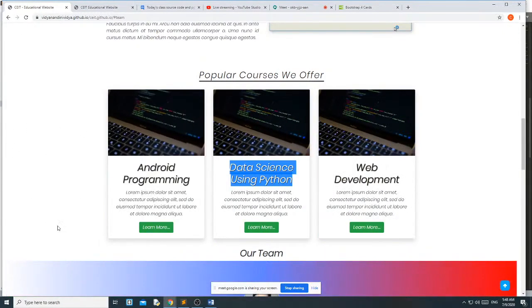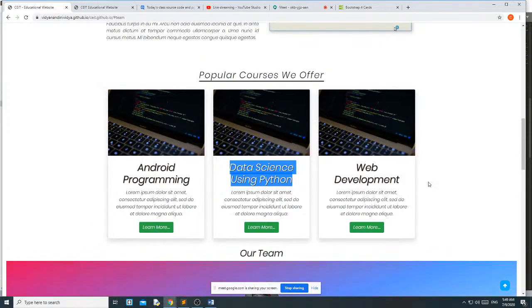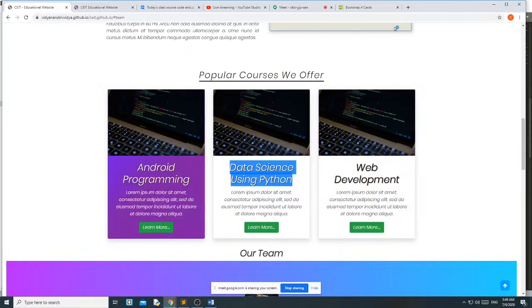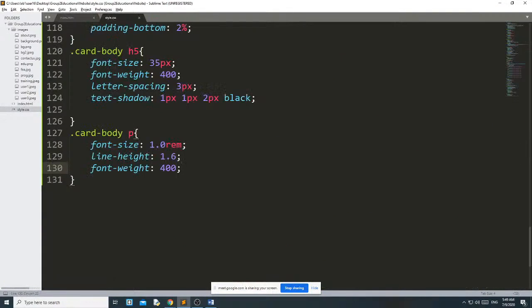Okay, this is the hover effect. Like when I move my mouse, it changes the color of the background. Okay, then this is very easy, hover effect,